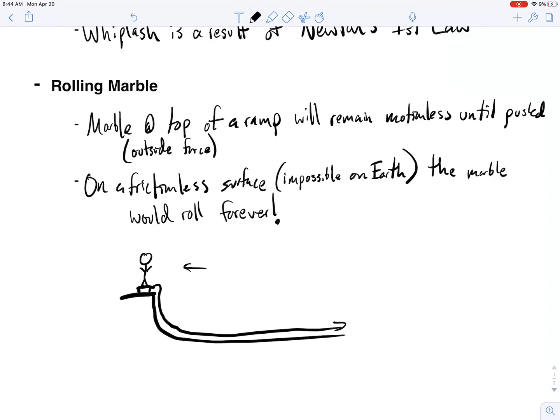We know that he's got air resistance pushing back against him. He's got friction on the wheels of his skateboard. We try to put nice bearings in there to reduce the friction as much as possible, but there is friction, so we know here on Earth he won't roll forever. But on a perfectly frictionless surface with no air resistance, you should roll forever on the track that you are